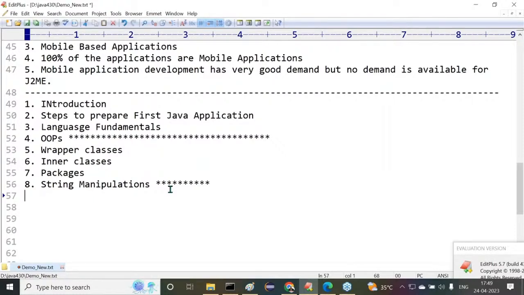Comparing two names, checking whether the email ID is a proper email ID or not. All these things we are going to do, and we will use them frequently in our applications. Next, after string manipulations,